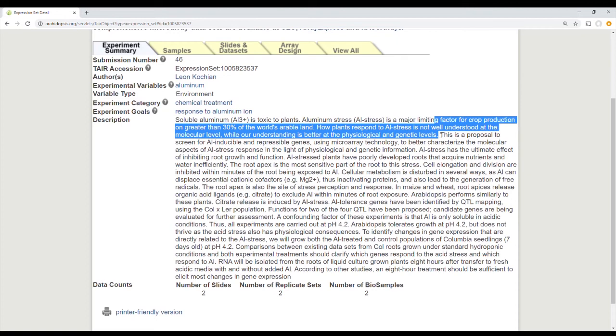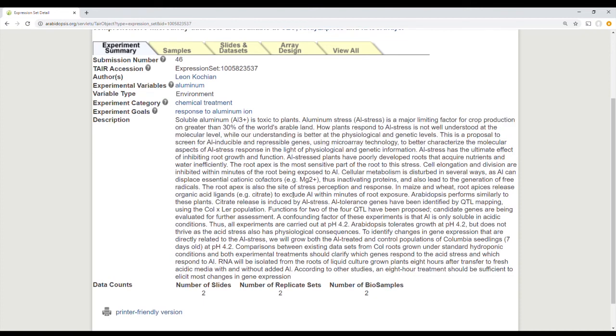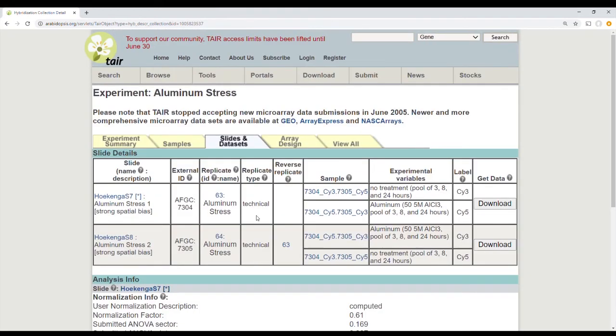While our understanding is better at physiological and genetic levels, this is a proposal to screen Al-inducible and repressible genes. So this was a search of what are the genes that are induced in response to aluminum, and what are the genes that are basically repressed in response to aluminum. So this description goes on to tell a little bit about the experimental procedure. Then if you look at this tab, Slides and Data Sets, you can actually access the original data